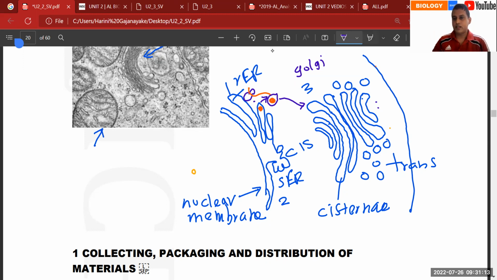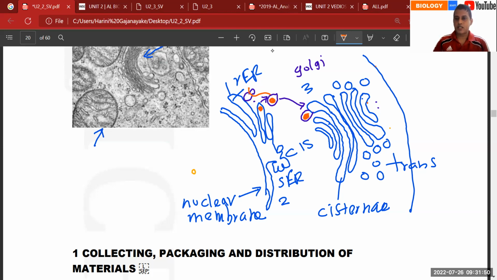Now, when it is received at the Golgi, let's say like this, it fuses with the Golgi. Here I'm showing the fusion. After fusing with the Golgi, the Golgi can make some modifications. For example, we mentioned a protein called glycoprotein. What is glyco? Glyco always refers to carbohydrate. That is a fusion of carbohydrate with protein to make glycoproteins. And once it makes the glycoproteins,